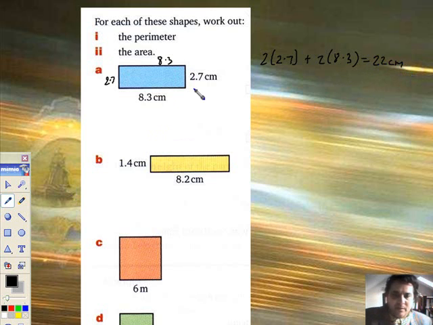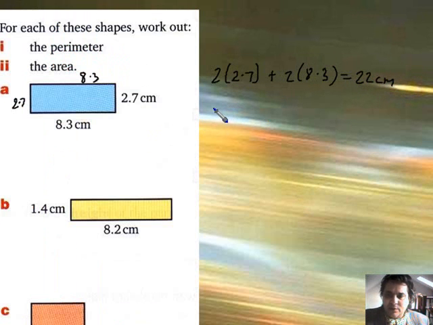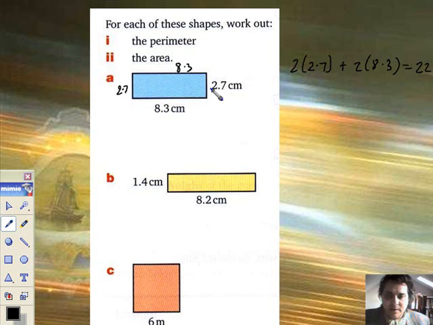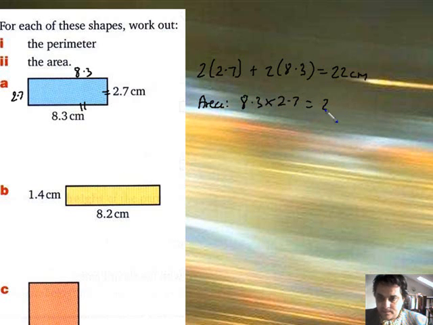That's it. Now, what about the area? Well, the area of a rectangle is very straightforward. It would just be the base times the height, or the length times the width. Essentially, it's that multiplied by that. So here's the area. You're looking at 8.3 multiplied by 2.7. Let's do that quickly. 8.3 by 2.7. That gives us